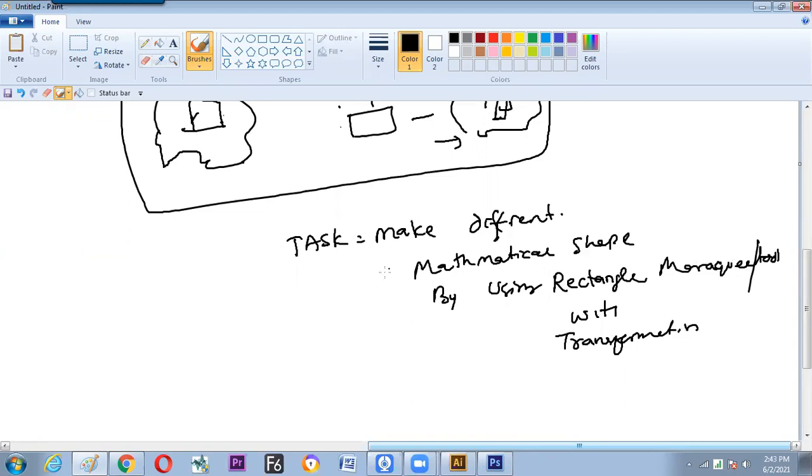Rectangle tool with transformations. It may start with a small rectangle, then slowly go to the square, fill the color and go on doing that.